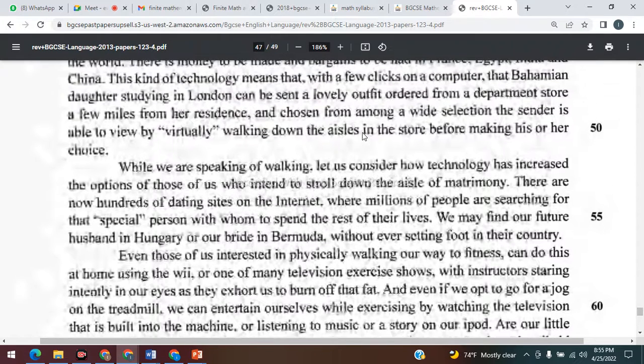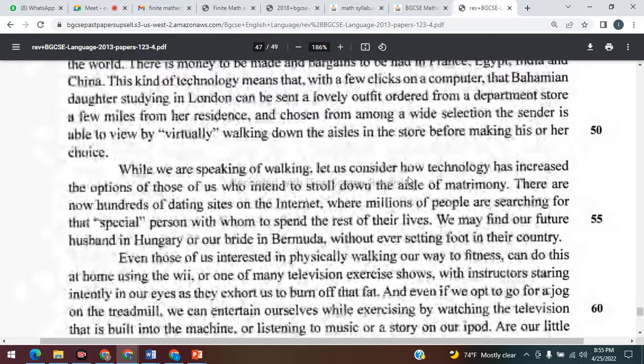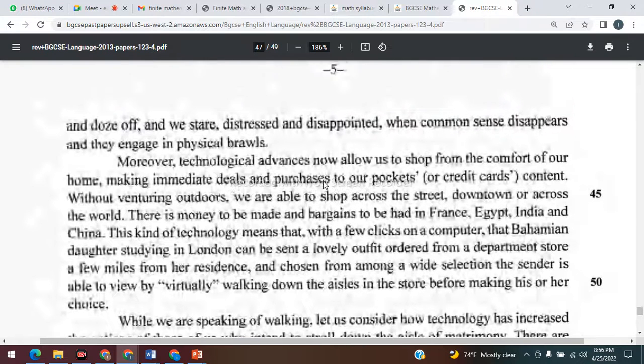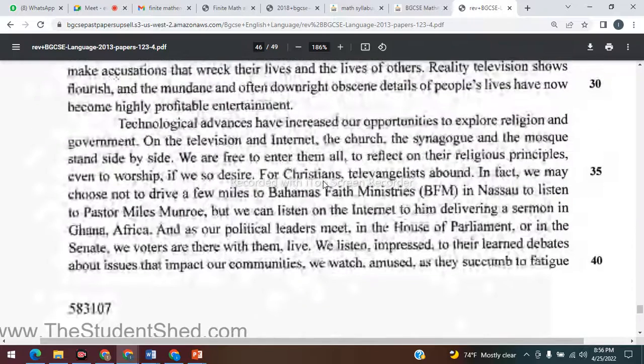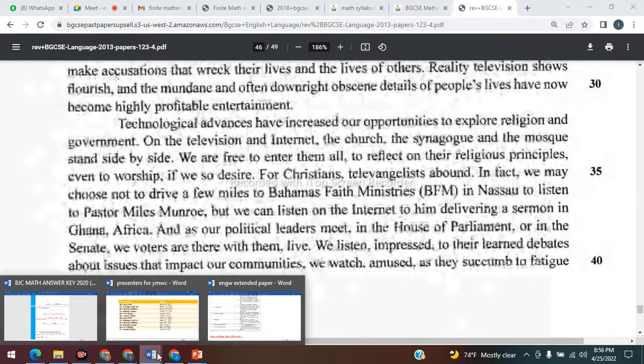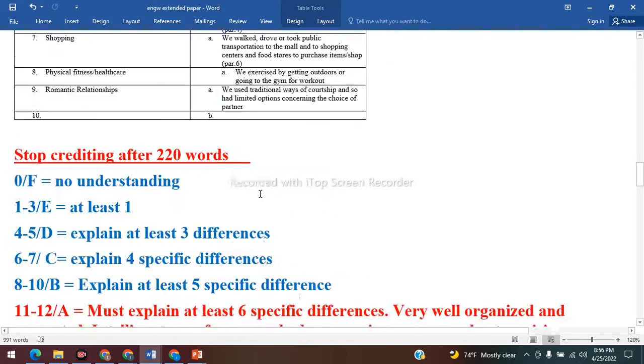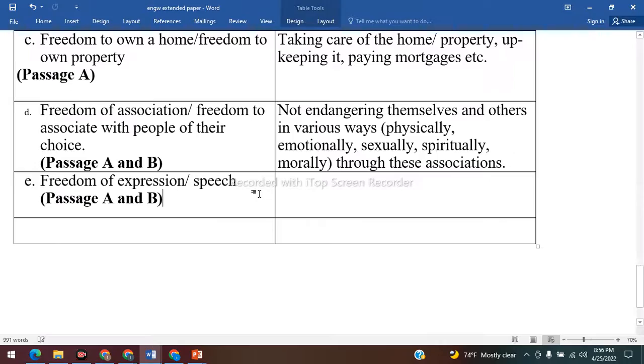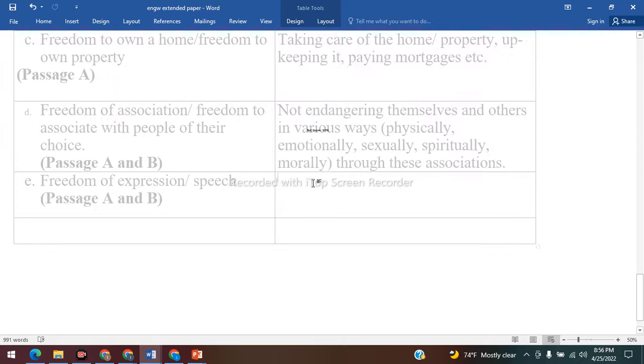What options? Yeah, just freedom of expression and speech. Because you're able to talk, you're able to socialize, you're able to find the person you love, you're able to speak with the friends you want to speak with. So passage B talks about that too. So freedom of expression and